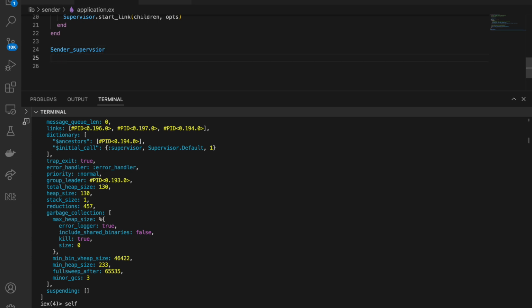Then let's say that this sender supervisor is linked to process A, process B, and process C. So we have a sender supervisor which is linked to three other processes: A, B, and C. So if something goes wrong with process C,